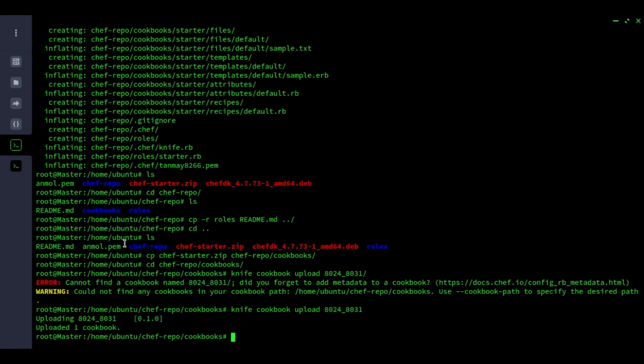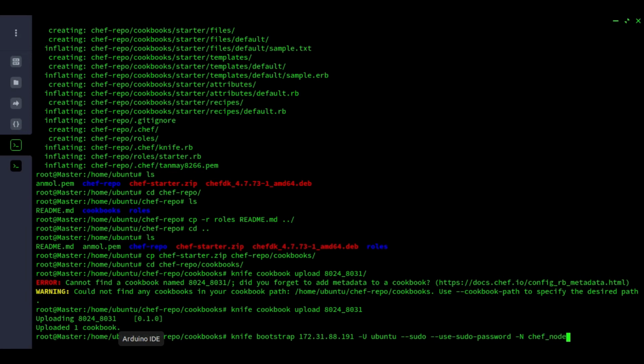In order to do that, the command is knife bootstrap, and then the address which we got, and then the username, minus capital U, Ubuntu. We have to have sudo access at the node, so we have to give these flags in order to ensure that we get sudo access, and the name of the node will be chef_node.